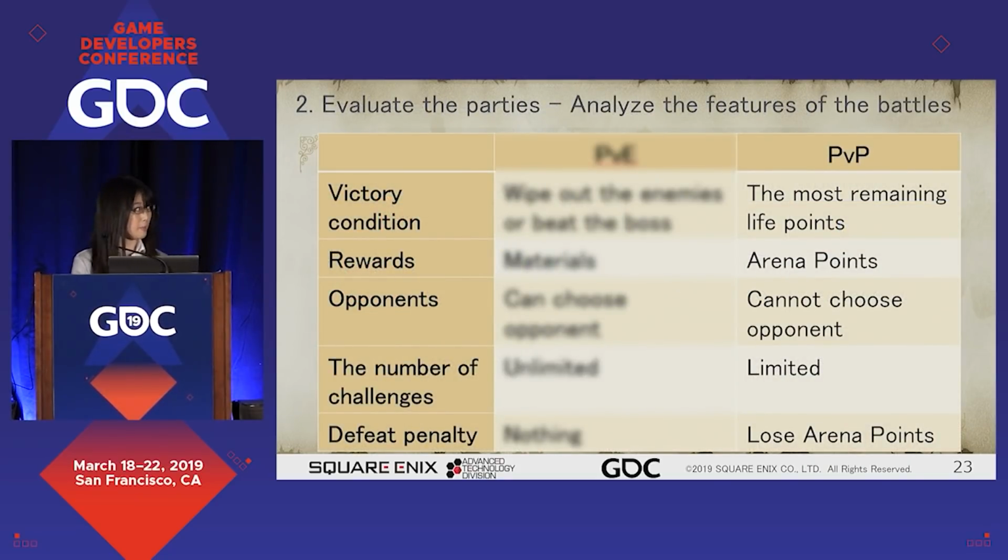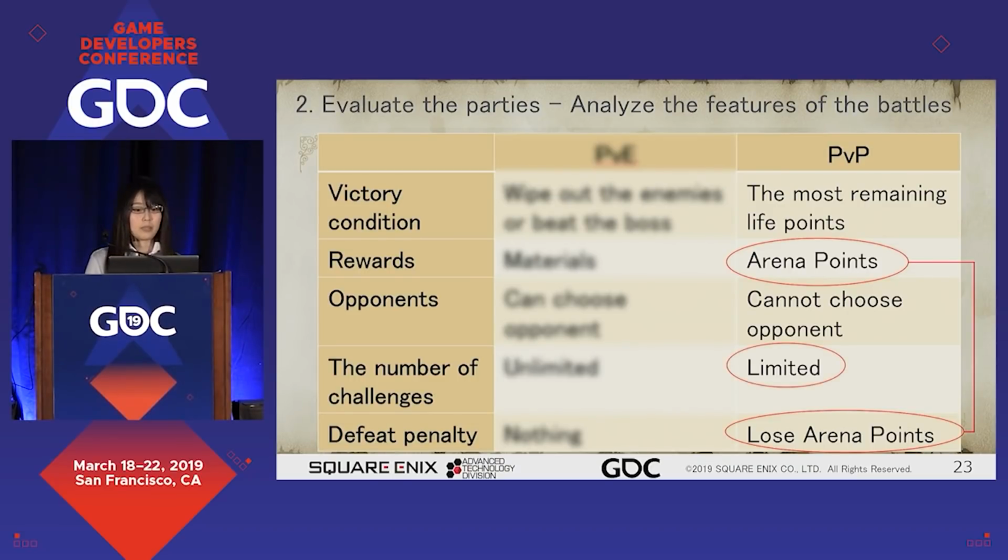Next, for PvP. The players aim to get more arena points. I want to explain what exactly arena points are, but the important point is that they can be won or lost depending on the result of the battle.